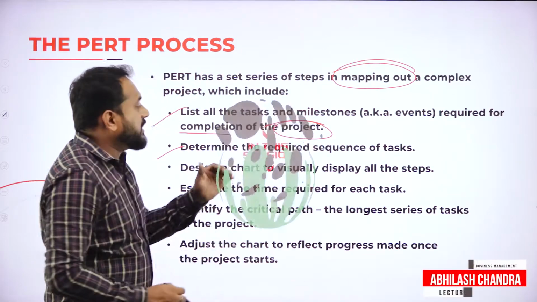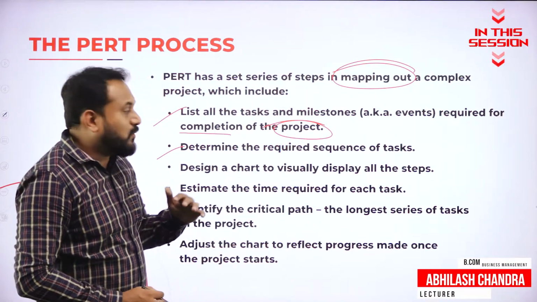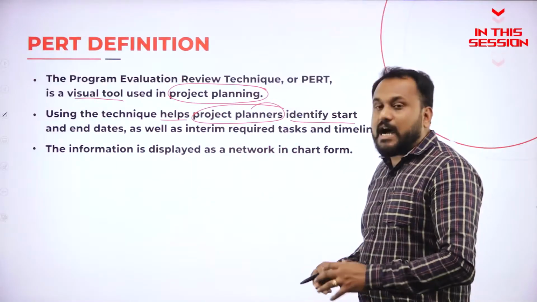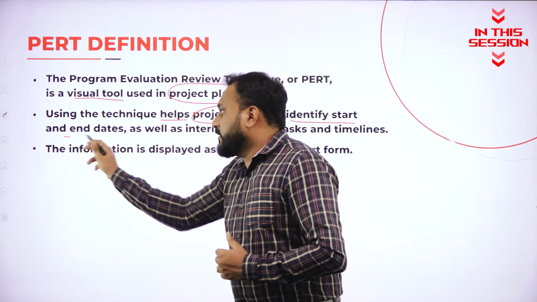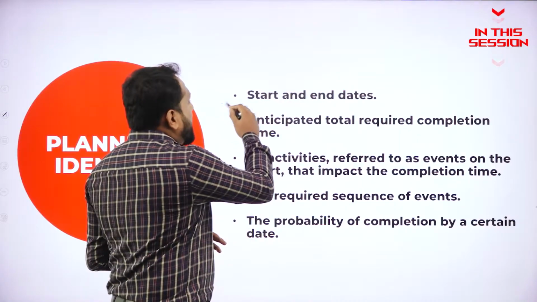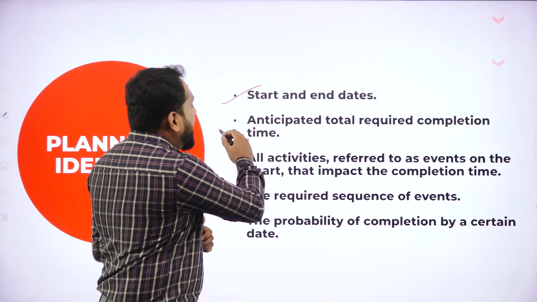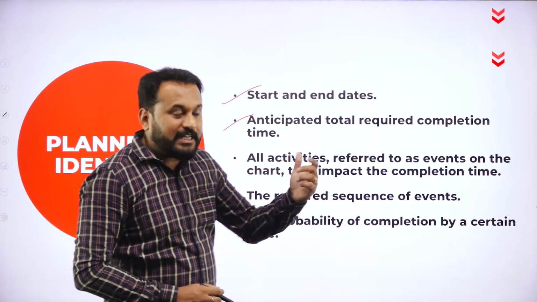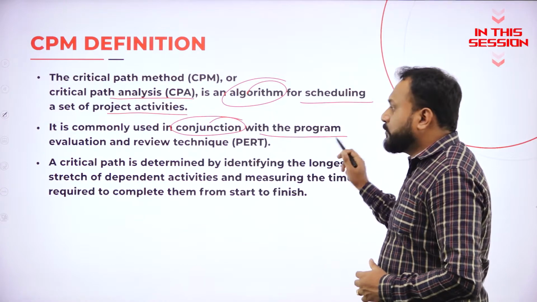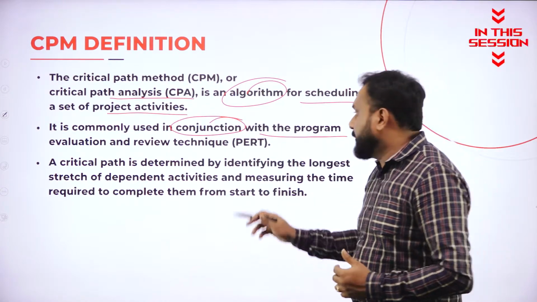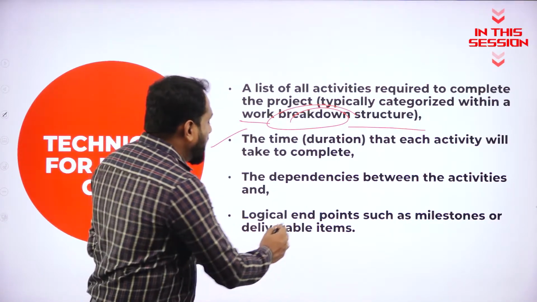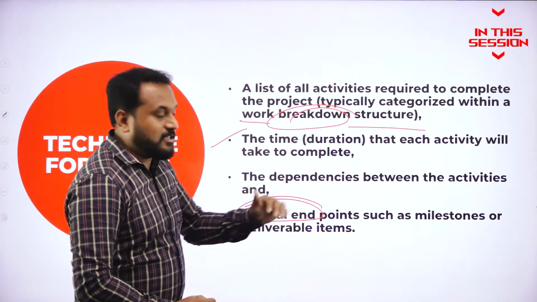Second is determine the requirement sequence of task. Now what are the sequences? So you are supposed to go with sequences. Identify start and end dates. So when to start and what time they can actually finish those projects. You'll get to know about the start and end dates. Second is anticipated total required completion of the time. Now it is commonly used in conjunction with the program evaluation, that is PERT. The dependencies between the activities, and the last one is logical endpoints such as milestones or